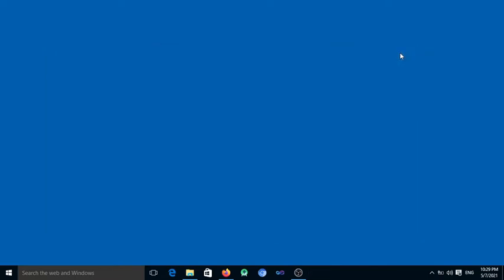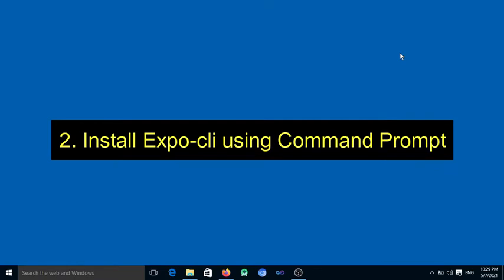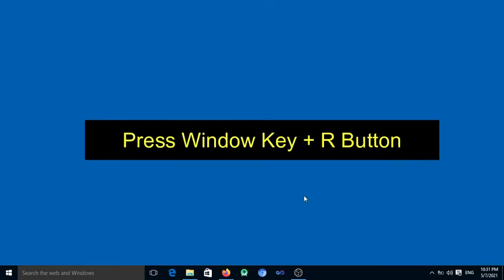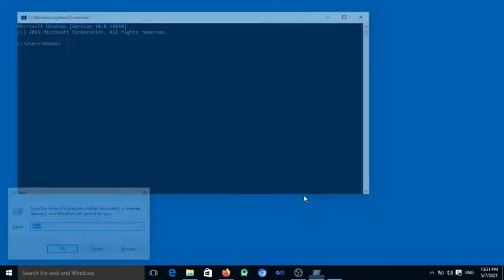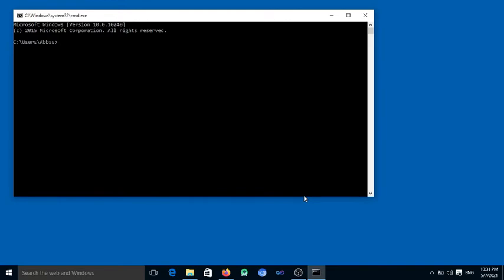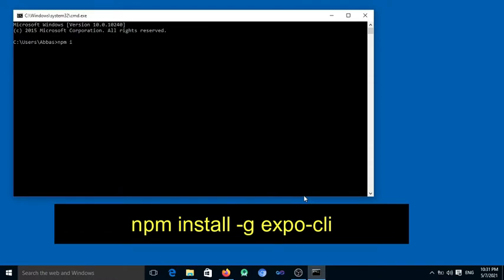Then the next step is to install the Expo CLI using the command prompt. CLI means command line interface. Again press the Windows key and R and write cmd in the Run window. In the command prompt, write the following command: npm install -g expo-cli.